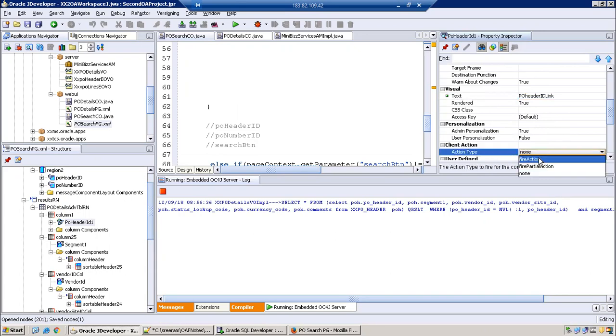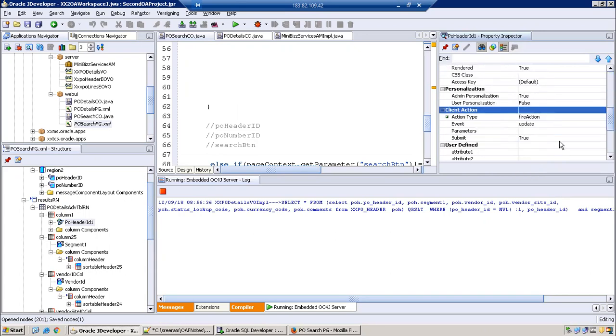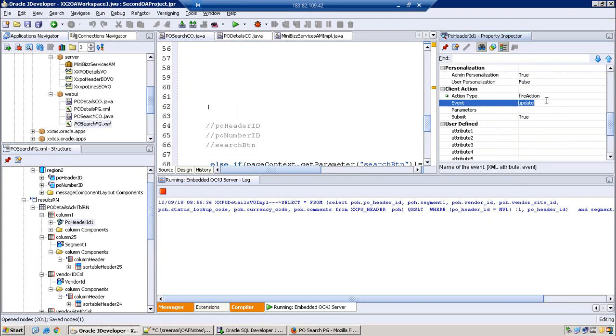Next thing is client action. Set it as fire action, and I'll name it differently, XX PO header ID.